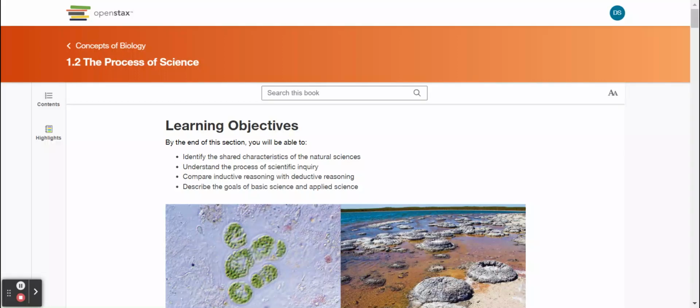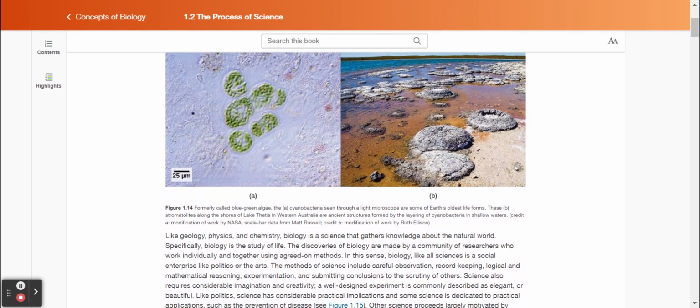Section 1.2, the process of science. By the end of this section, you will be able to identify the shared characteristics of the natural sciences, understand the process of scientific inquiry, compare inductive reasoning with deductive reasoning, and describe the goals of basic science and applied science. Figure 1.14, formerly called blue-green algae, the cyanobacteria, shown in A, seen through a light microscope, are some of